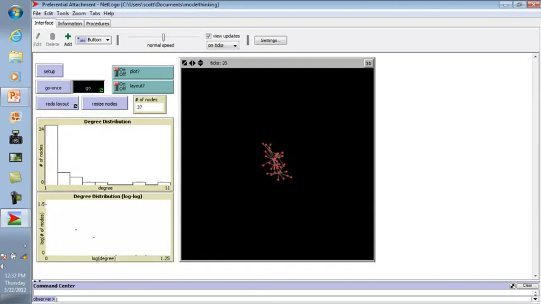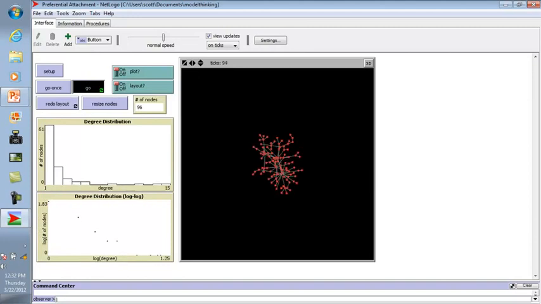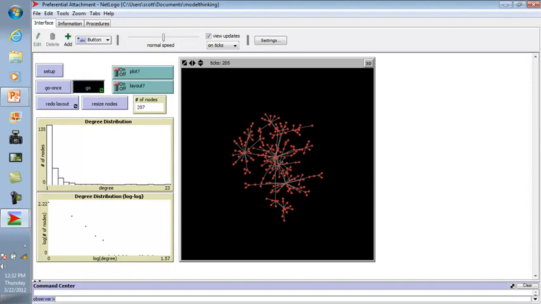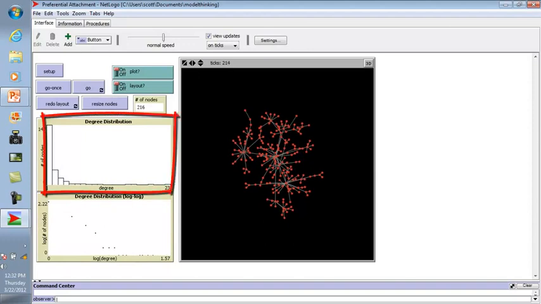So let's let this thing run, and this is really sort of a fun video because you can see these nodes being added and drawing new connections. And I want you to notice 2 things. Let me stop it for a second. First is there's some nodes that are way more connected than others, and that's captured in this degree distribution. So there's a lot of nodes that only have 1,